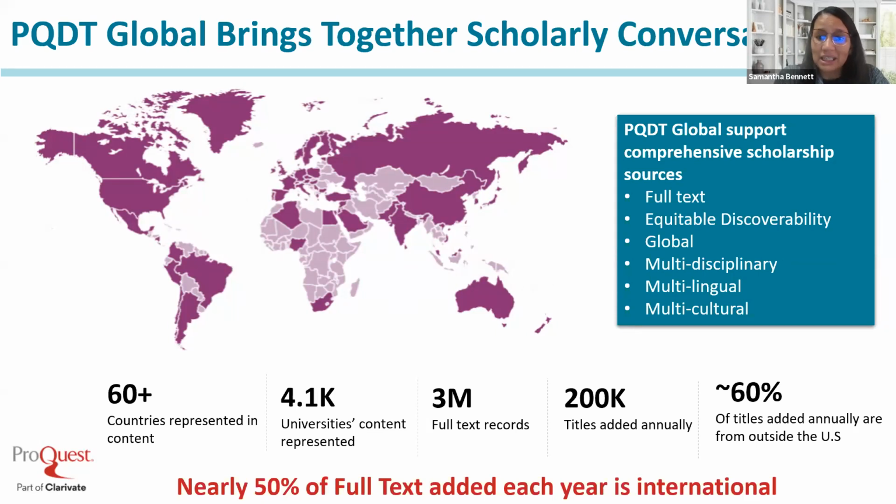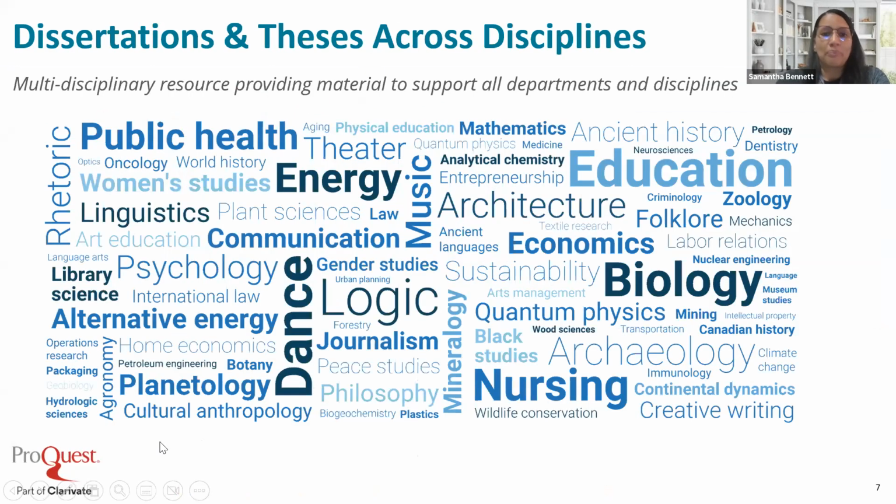And as I've said earlier on, there are 3 million records on the platform, and you have the option to see content in different languages as well, and it's multicultural. Once we start searching the platform, you have the option to find related information in the type of language that you would like to see it in.